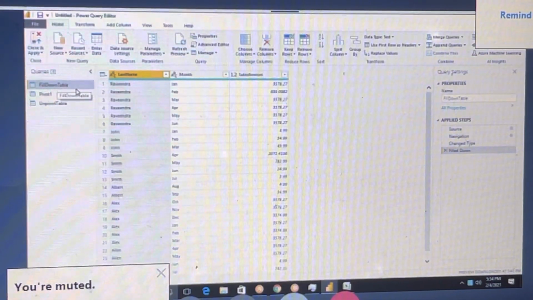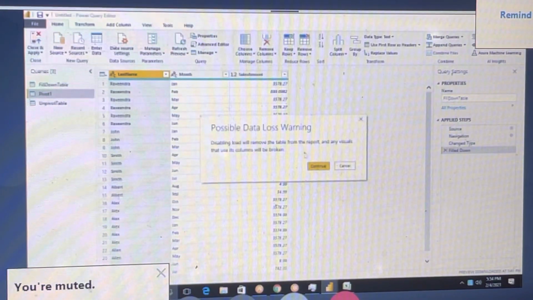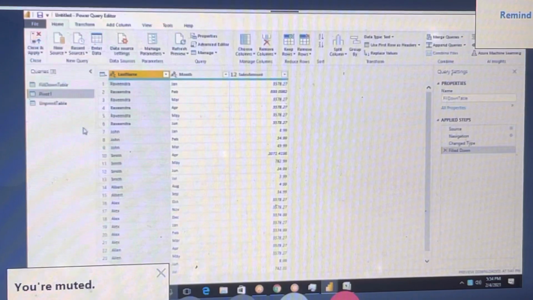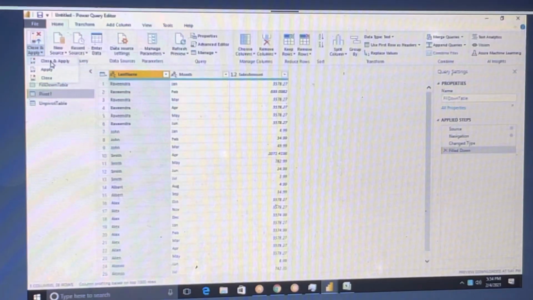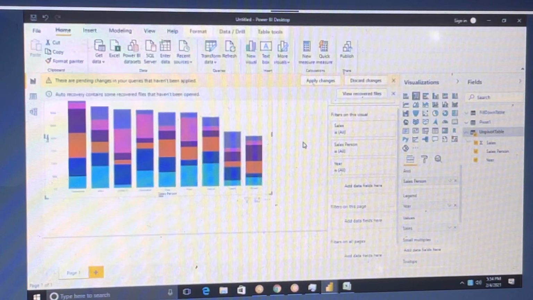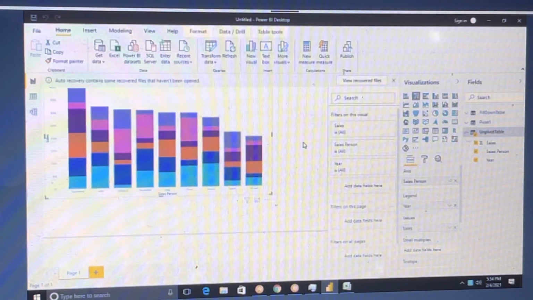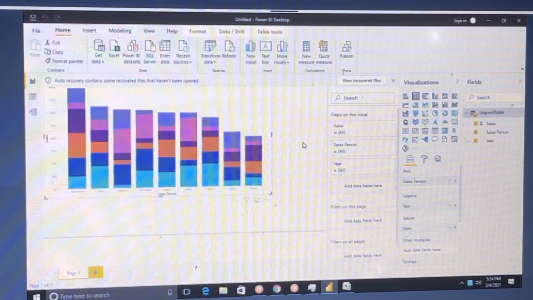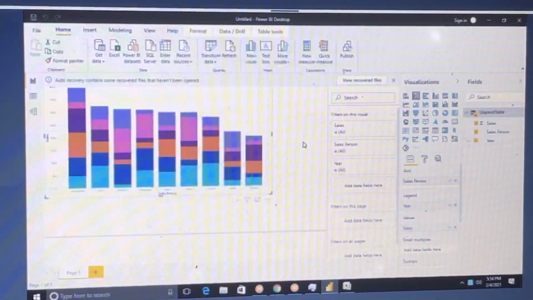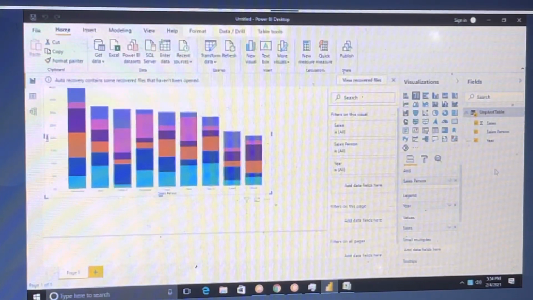It will become italic. See, now it's italic. Now it's not italic, right? Right click on enable load and click continue. Now the queries will be available, but when you close and apply, it will refresh only the unpivot data. See, now you can see only the unpivot table data. You don't see the rest of the things, but we do have them in the Power Query editor in the backend. But it won't appear in Power BI, right?